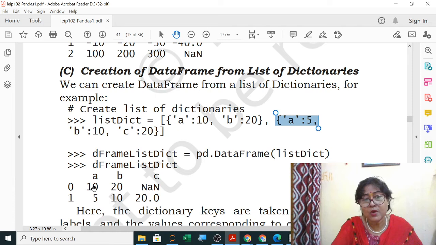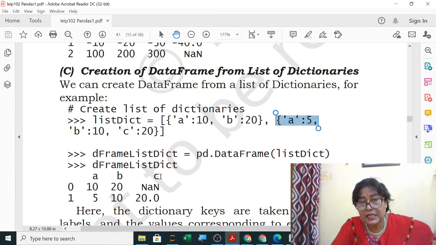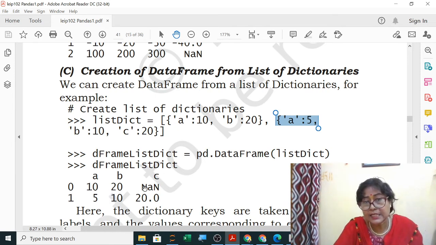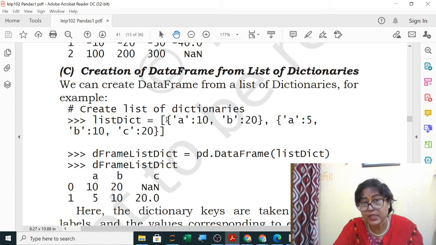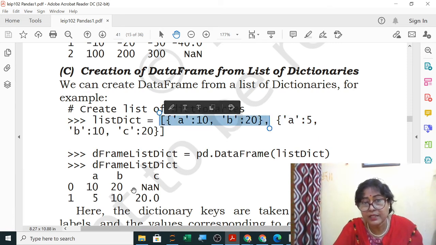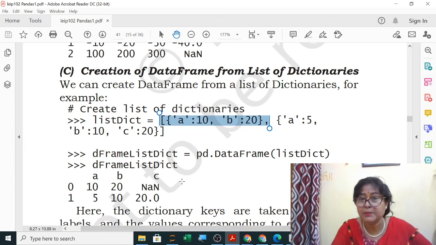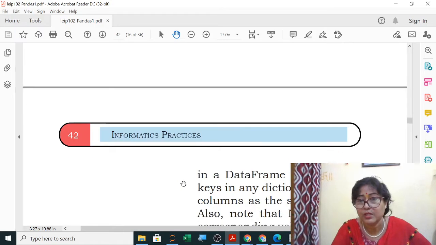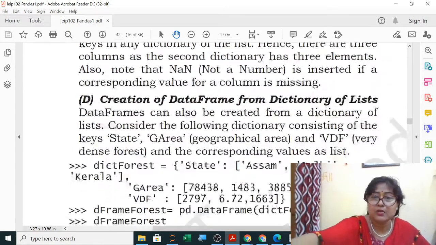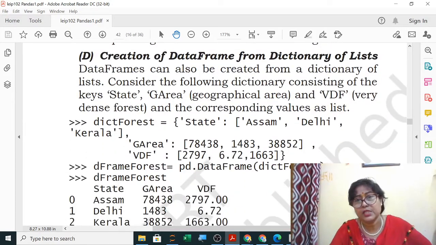Now when you are storing here, you will see in C 0 index nan, because in the first dictionary C was not having any value. In this C was not having any value, so nan, which means not a number, is stored. Empty means not a number will be stored. So this was your output; these types of questions are asked.